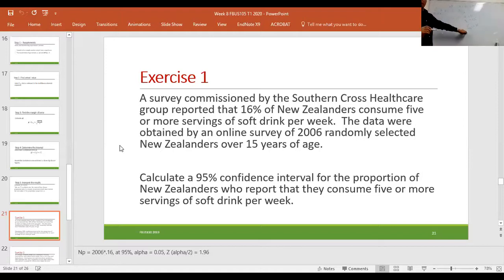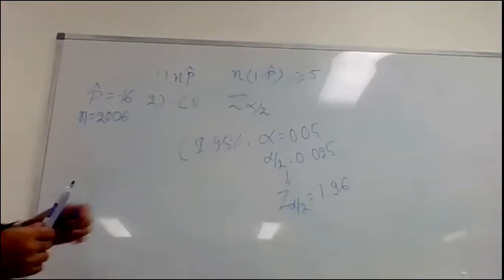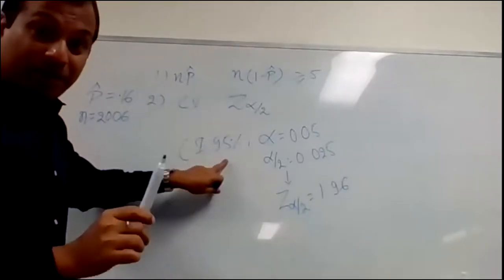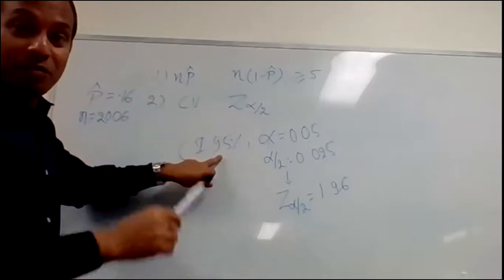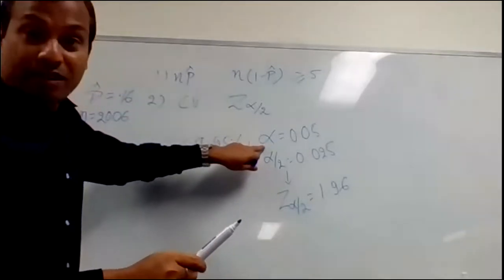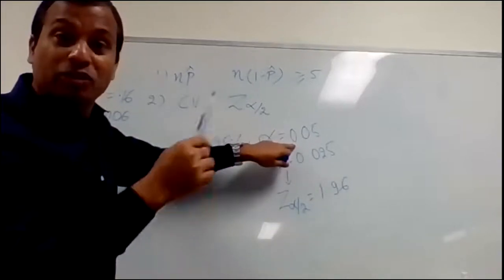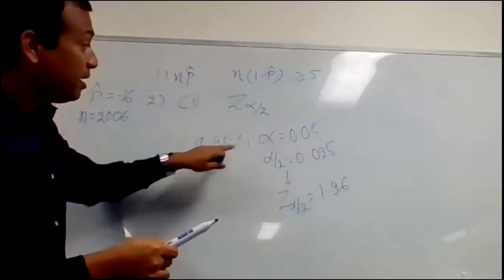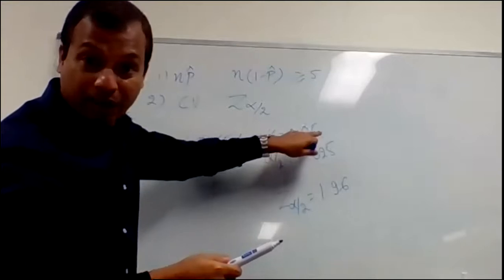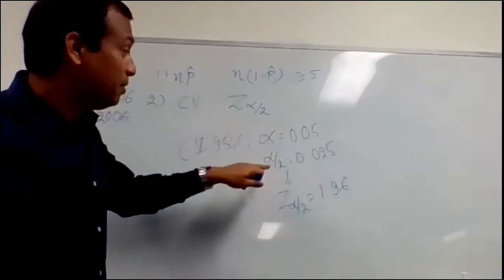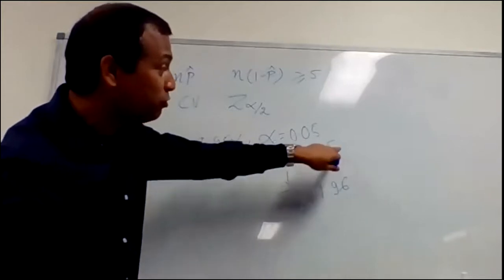This part is important, how to get the critical value. Are you able to understand how to calculate the critical value? Yeah. 95% they are asking. So with this 95%, we understood the corresponding alpha value is 0.05. If it is 99%, alpha value will be 0.01. If it is 90%, alpha value will be 0.1. So in this case, it is 0.05. So the alpha, if you make it half, it is 0.025.